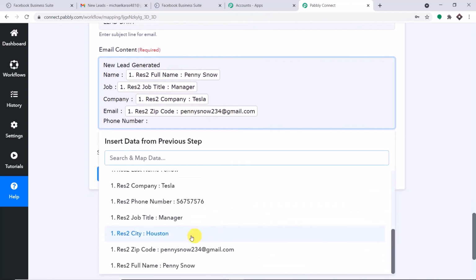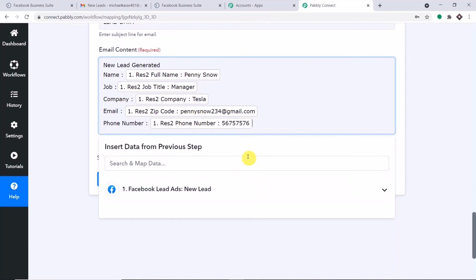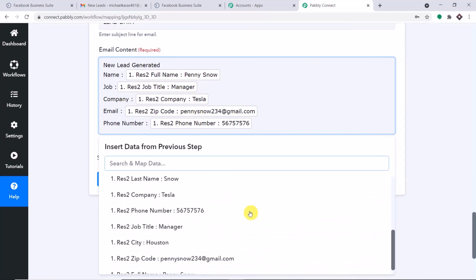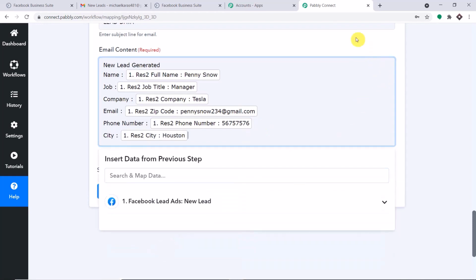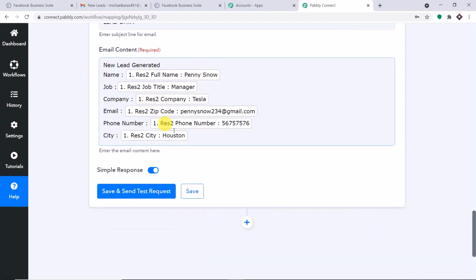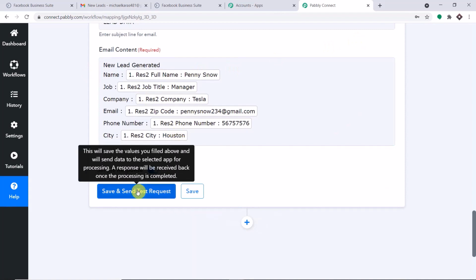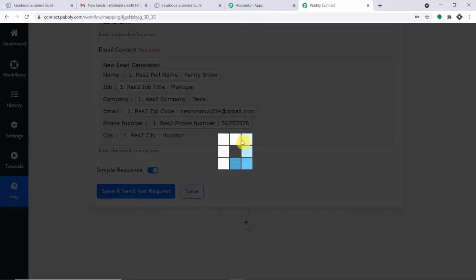Okay, so this is the phone number and we have mapped it. So we have basically mapped all the details in case anything is missing. We also have to add the city, in case you want. City, I think was Houston. Okay, so I think we are ready. We have entered all the details. All we have to do is just click on save and send test request to send this message to Michael